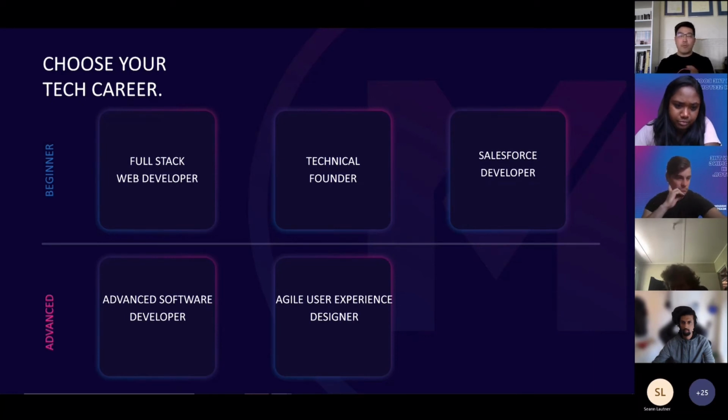So it is not throwing you in at the deep end, all right? Just so that you are aware of that. And by the end of the program, what you are going to get is work experience that you can put on your CV. You will get an endorsement from the employer, which can be on LinkedIn, it can be on your CV,